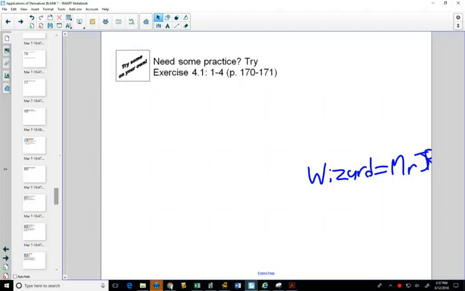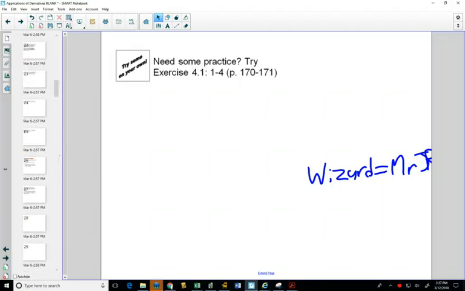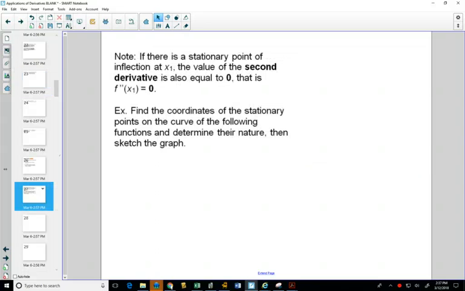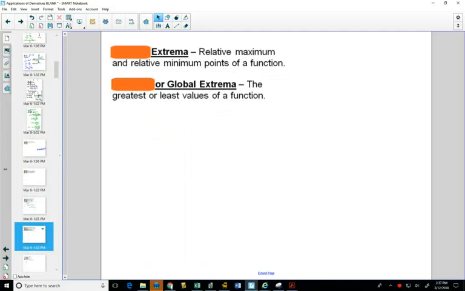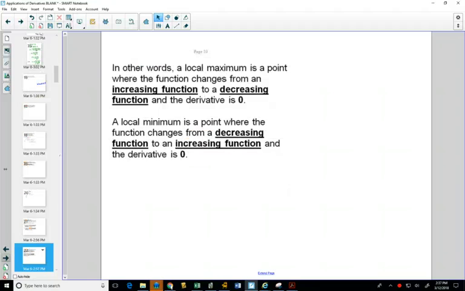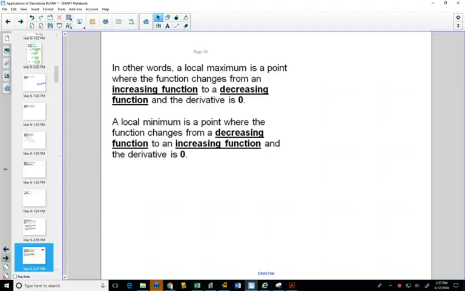Whoops. I'm trying to find out where's. There we go. Yes, okay. So